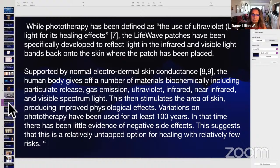While phototherapy has been defined as the use of ultraviolet light for its healing effects, the patches have been specifically developed to reflect light in the infrared and visible light bands back onto the skin where the patch has been placed. Supported by normal electrodermal skin conductance, the human body gives off a number of materials biochemically, including particulate release, gas emission, ultraviolet, infrared, near-infrared, and visible spectrum light. This then stimulates the area of the skin, producing